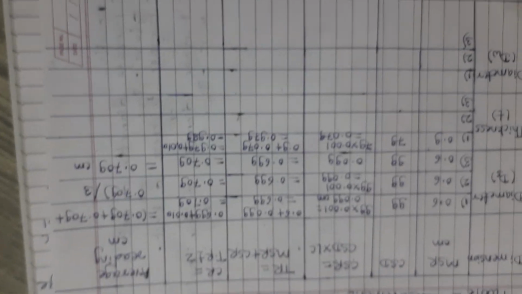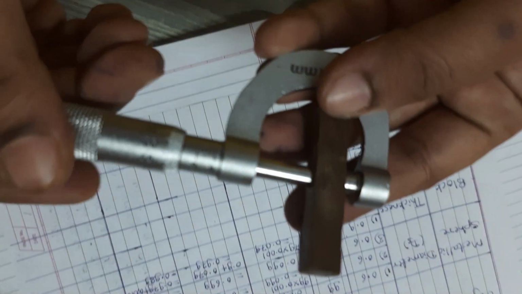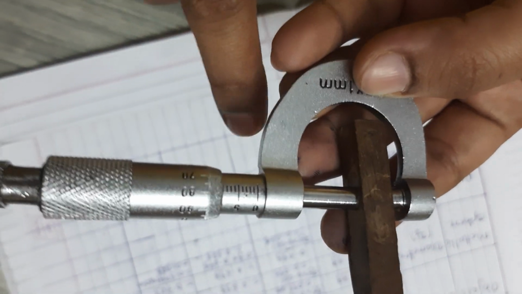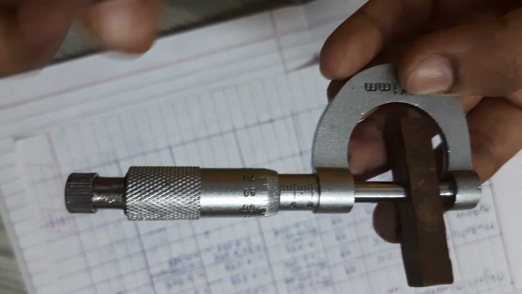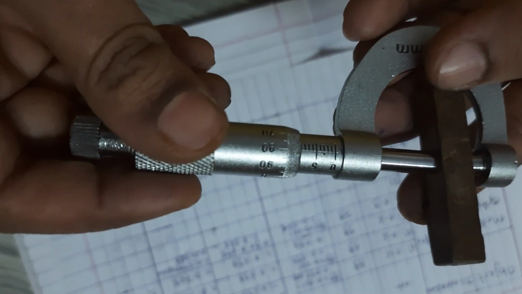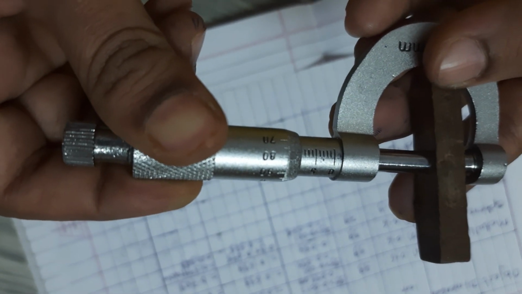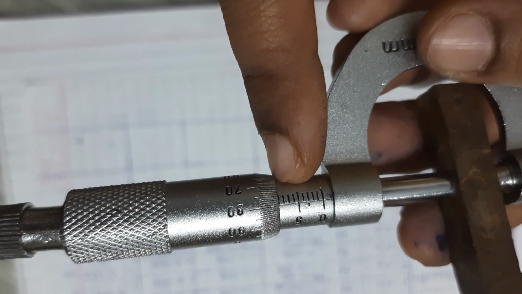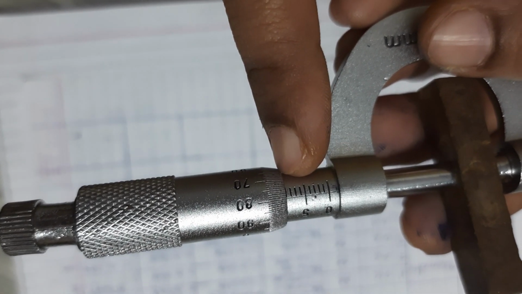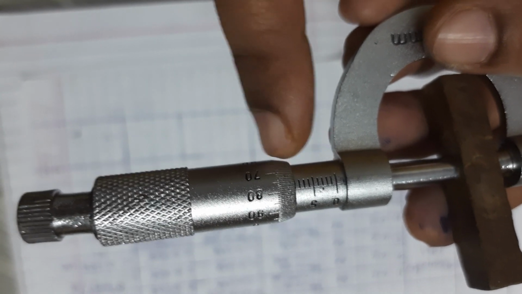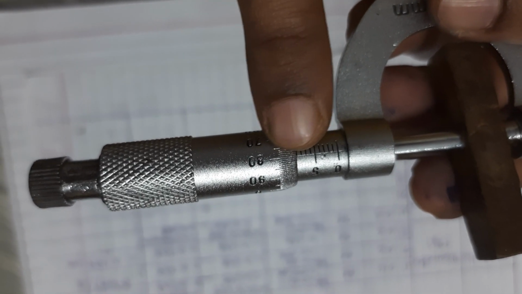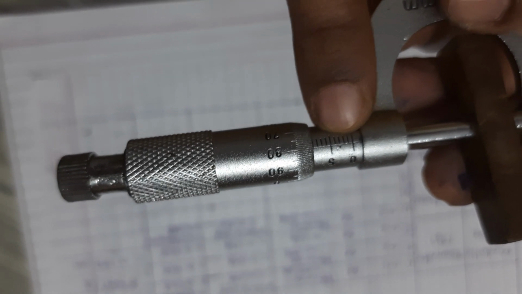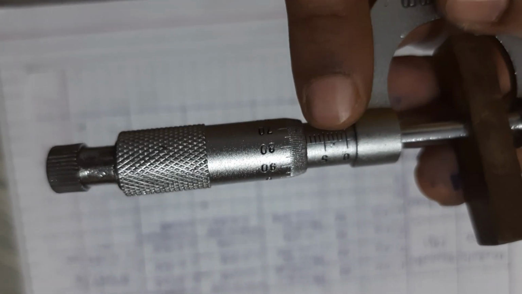And as we have seen earlier, this block is the same, and this micrometer screw gauge is also the same, and therefore when we take the readings a second time or third time, those readings are the same. See here again, that edge of the circular scale is coinciding on the 9th division, and again the 79th division is coinciding on the axial line.